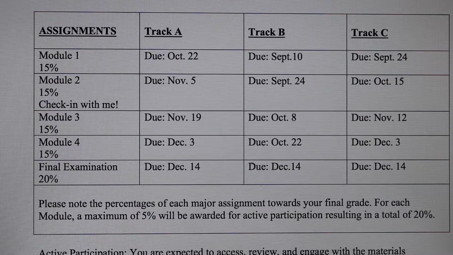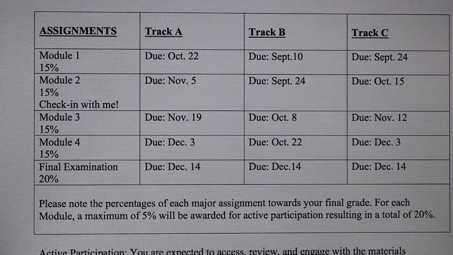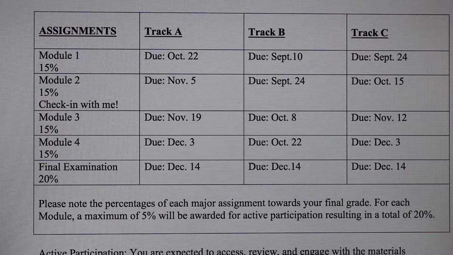Okay? So you will see each major assignment is worth 15% of your final grade. So that's 60% because there are 4 major assignments. The final exam is worth 20% of your grade. And like I said before, your participation and online commitment would be worth 20% of your grade for a total of 100 percentage points.